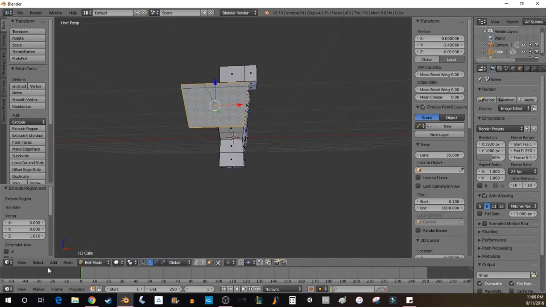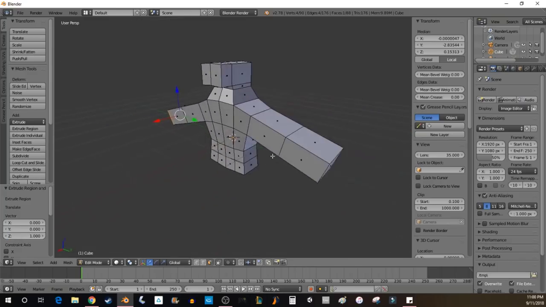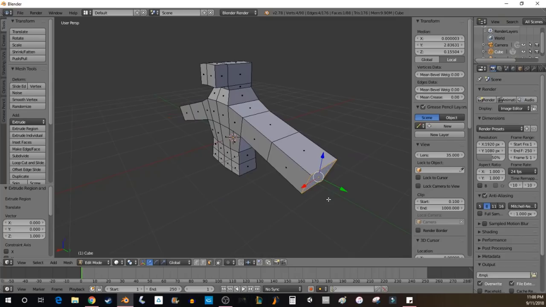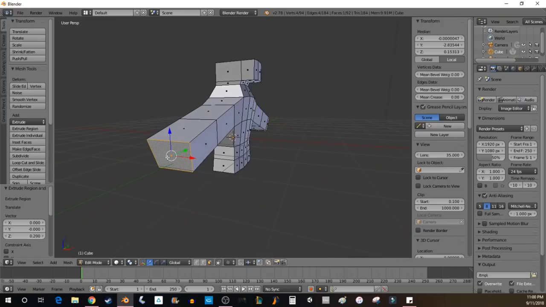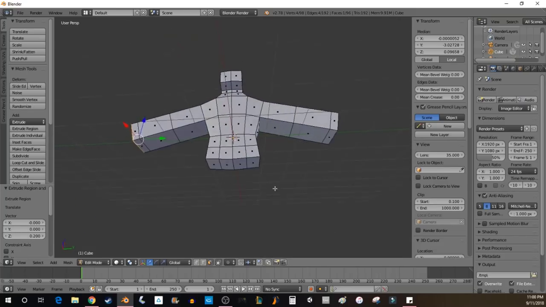And you want to get it on the other side. We'll extrude just a little bit more for the wrist hand region, which we could develop a little bit later. I'm going to give it a length of 0.2. Alright,